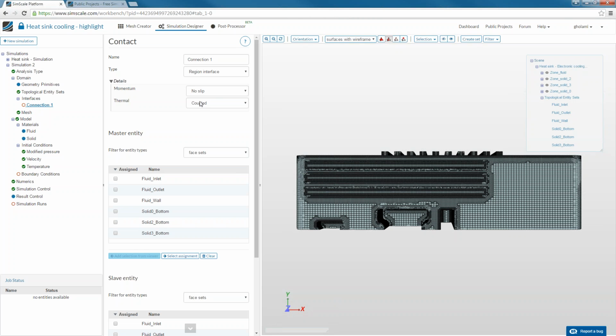So if you know that in your application all of the interfaces have this no slip plus coupled kind of interface, you basically do not need to create any interfaces. Of course, it is safer to do that and make sure you have all of the setup defined and checked by yourself. But this is one of the features that speeds up the process of setting up a simulation greatly. So for now, I will create maybe one or two of the interfaces so you know how it works, and